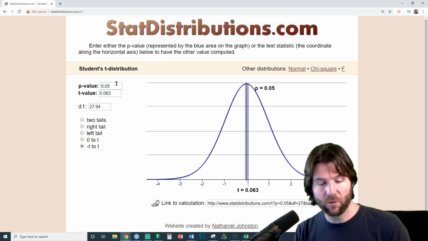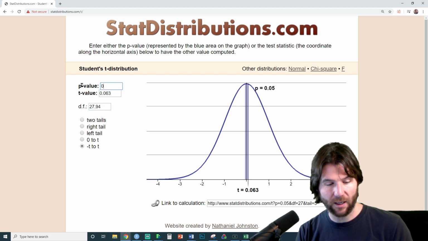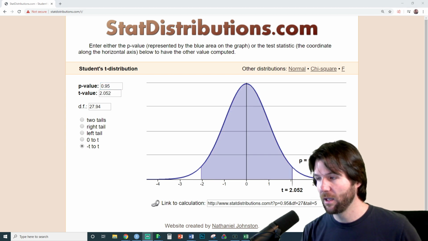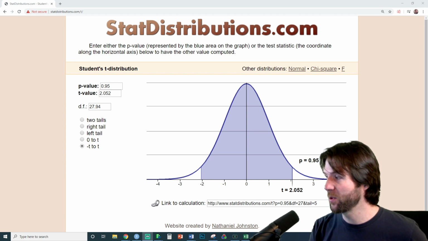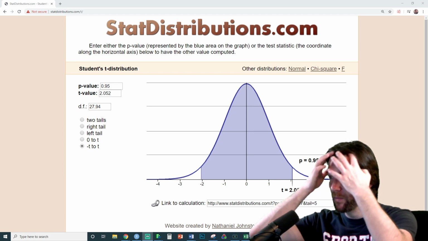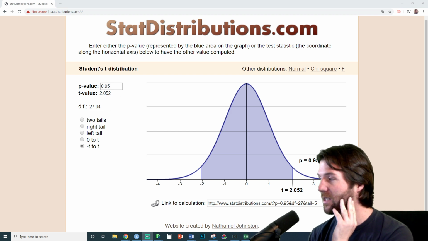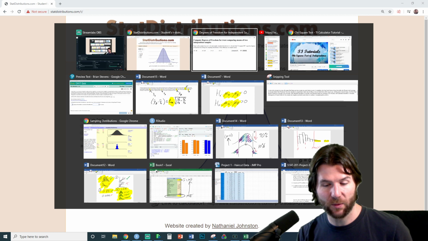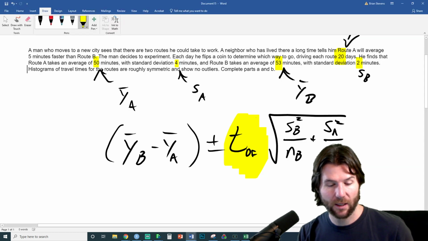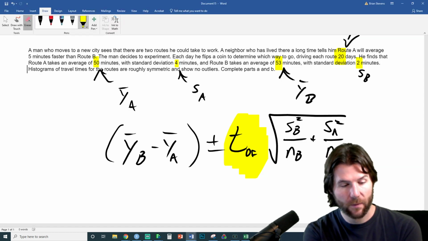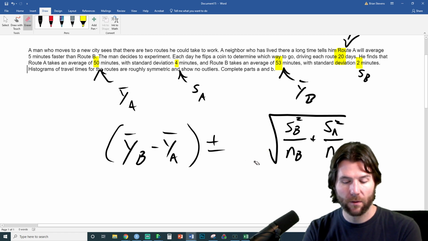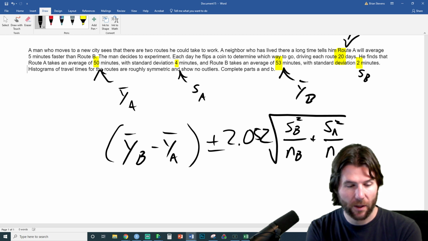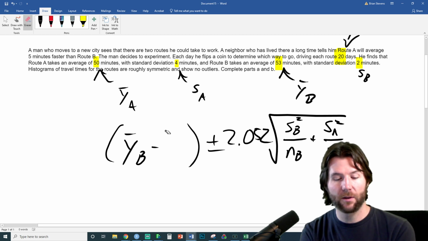Now I choose this one because I'm going to make a 95% confidence interval. So this shows the 95% confidence interval that I am making. If you notice right here, we get a 95% confidence interval, which is going to be the middle plotted 95%, and I get a t-score of 2.052. So I think this is what Elias was asking about, is how do we get this value right here, and this value would be 2.052. From here, we're just going to plug in the values.